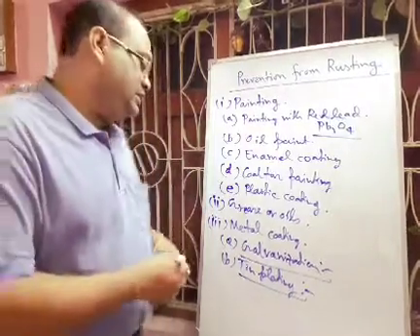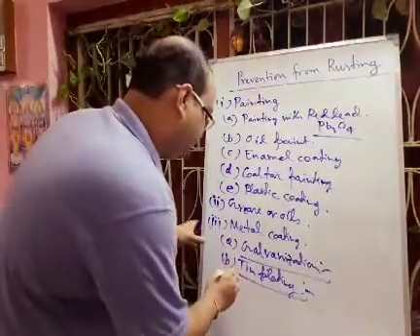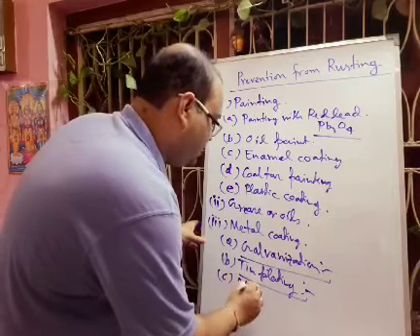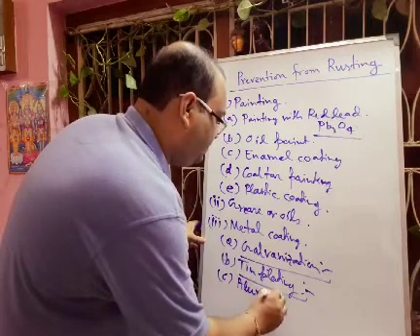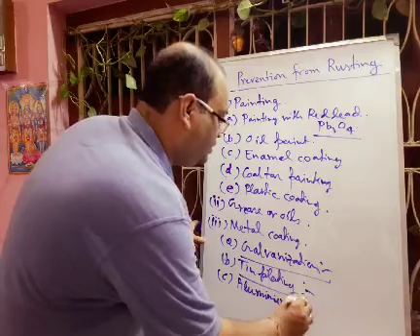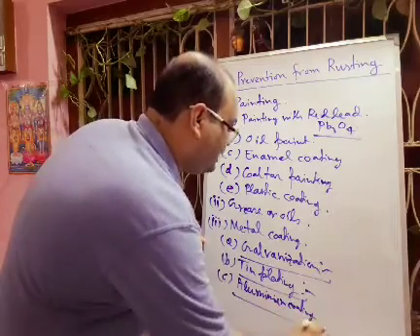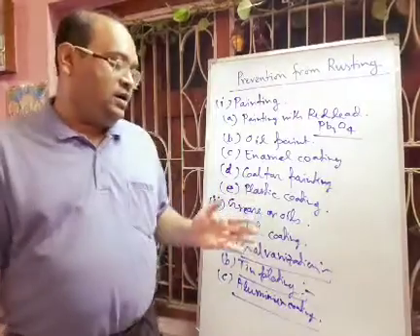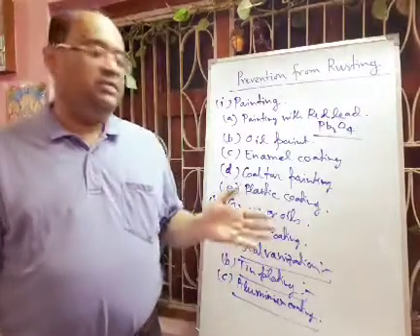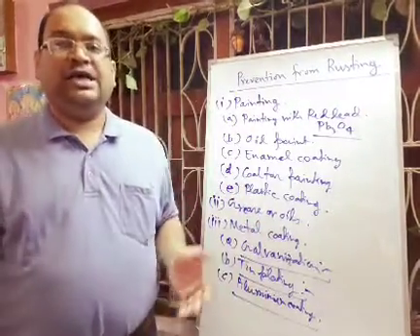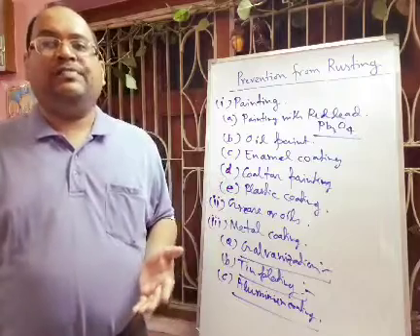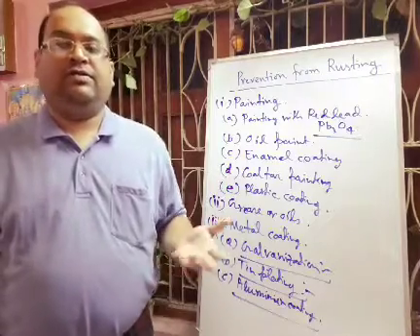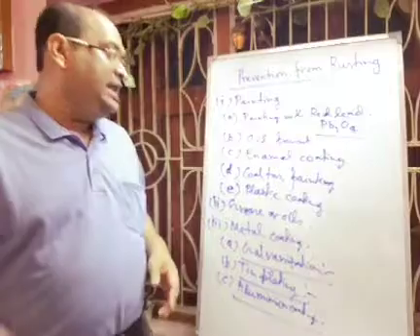Next we will discuss aluminium coating. We can use aluminium metal also for coating purpose. We can generally use this for iron bridges, iron furniture, even car bodies, to prevent rusting. And next we will discuss